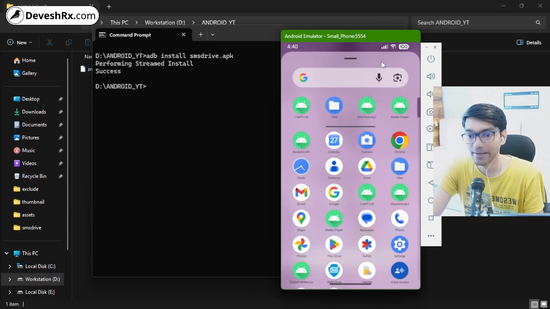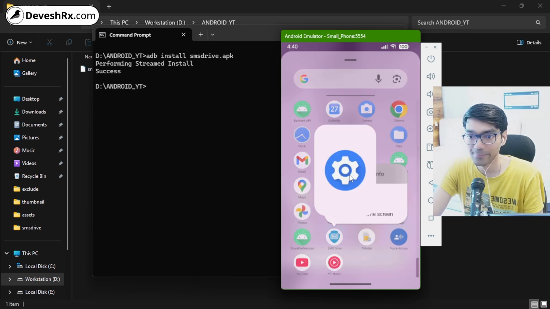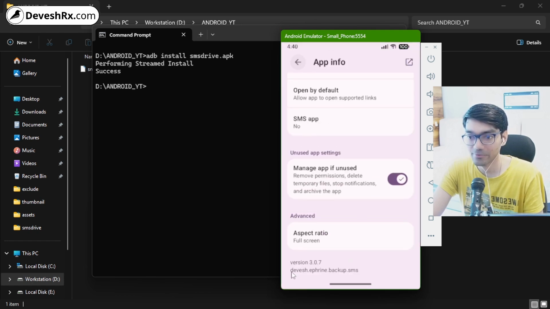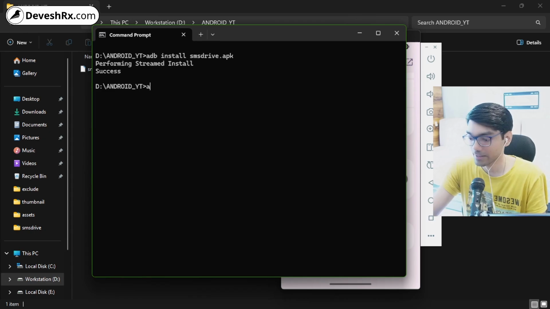Now to get the package name of the application, you have to check the settings page, which is App info, and then scroll down, and as you can see, this is the package name, devesh.efrin.backup.sms. Note this down somewhere and then open your terminal window, type the command adb uninstall and type the package